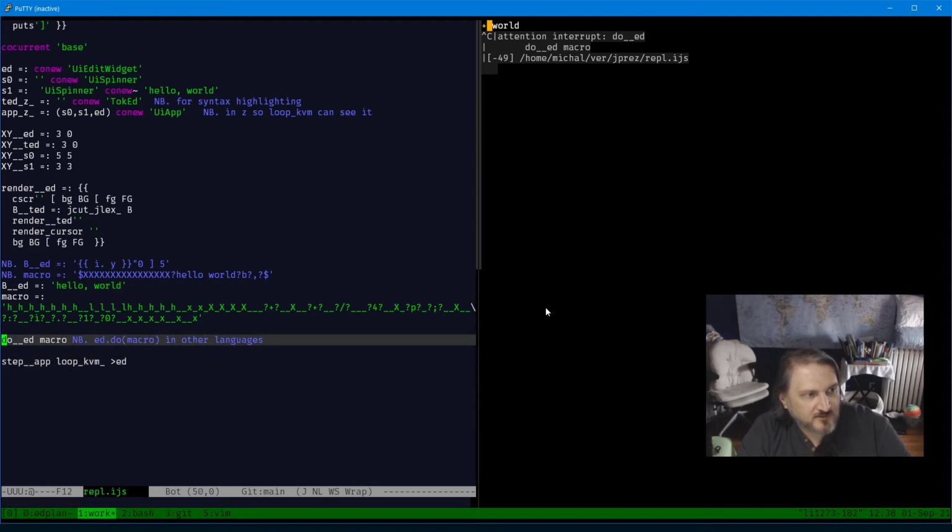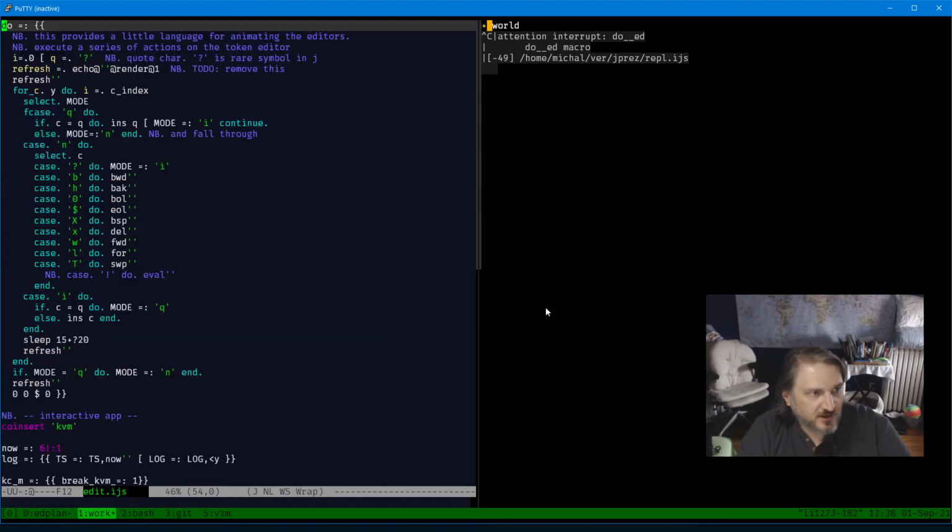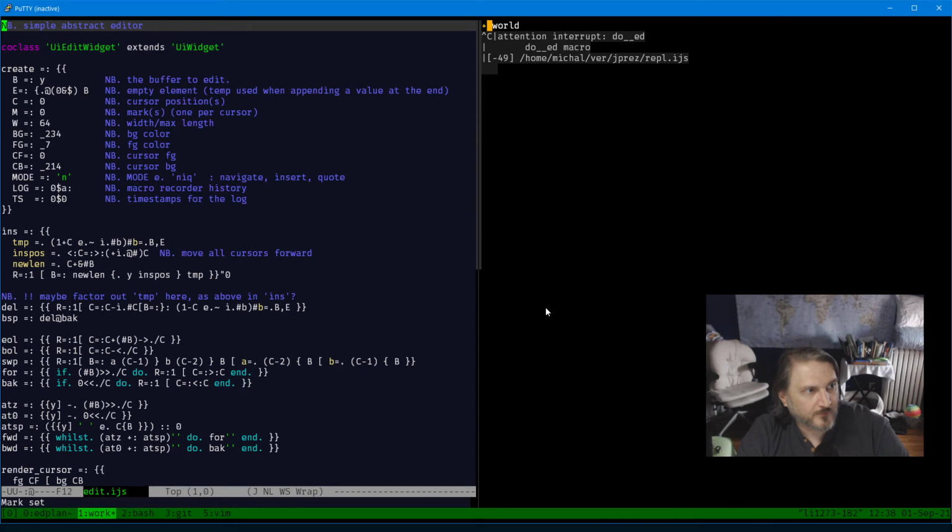And so right now this goes into a loop, and that loop has to finish before the application itself comes to life. But what we want to do now is move this notion of doing the macro to the event loop. So what needs to happen is we need to have